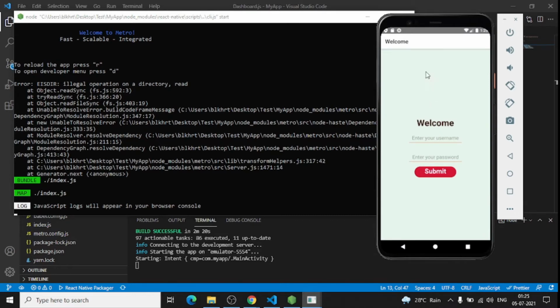So there is our welcome screen. Now you can see there is a slight change here. We are getting a header named welcome. This is a default sign of our stack navigation. Stack navigation always by default shows a header which will contain a text, which will be the name of our default screen. So when we click on submit,